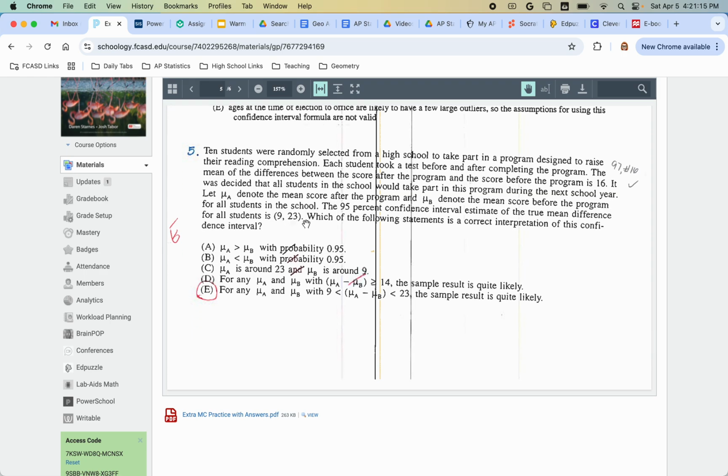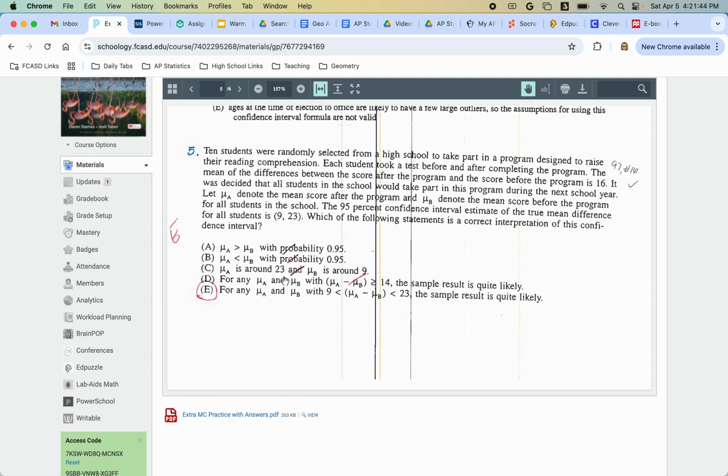This is your 95% confidence interval. This one is just saying, again, it says which of the following statements is a correct interpretation of the interval. So you're looking for what it means to be 95% confident. So in 95% of all the intervals, you would expect the true mean to be in the interval. So